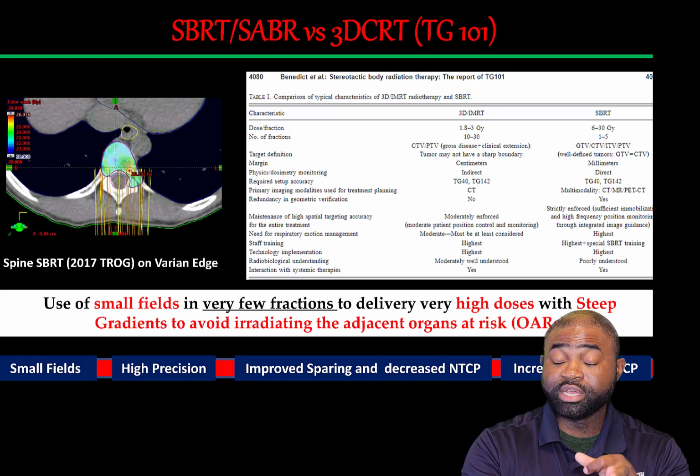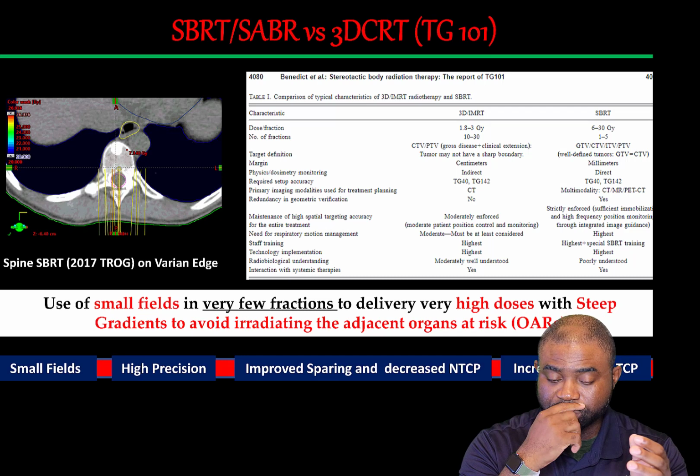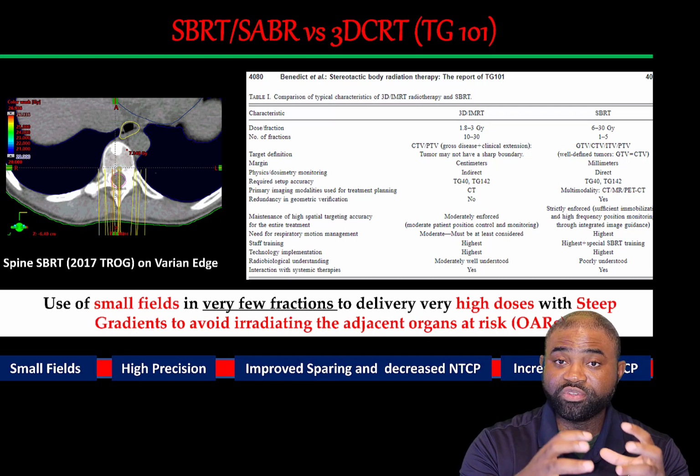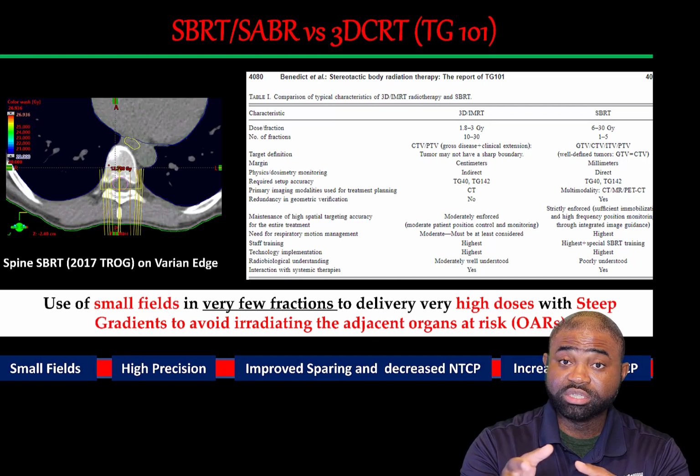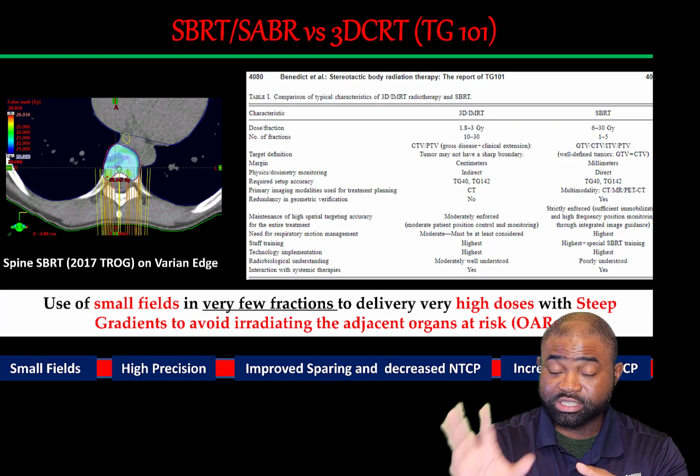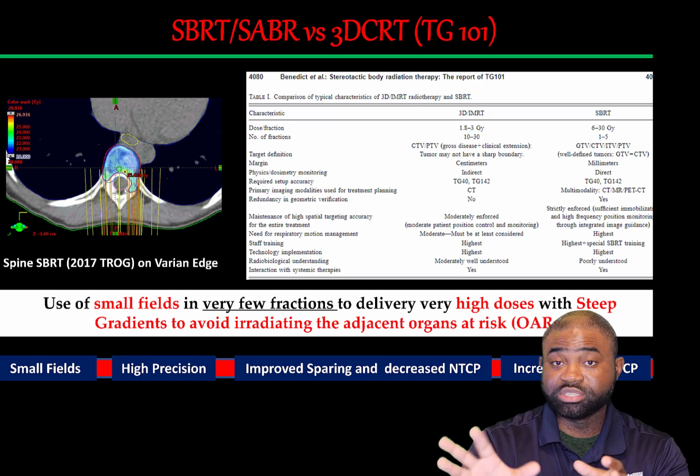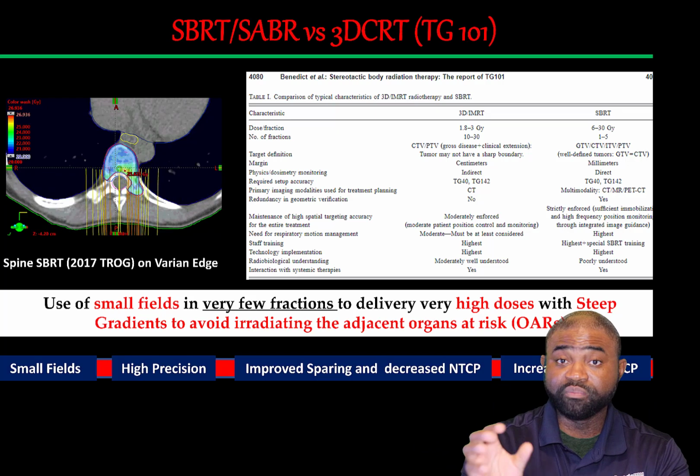Now, also keep in mind that, as we will discuss in the future in other parts, how the PTV margins are defined, typically for SRS cases, is really different from how they are defined for